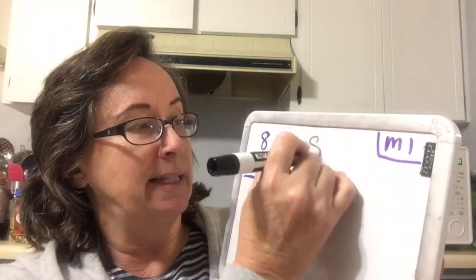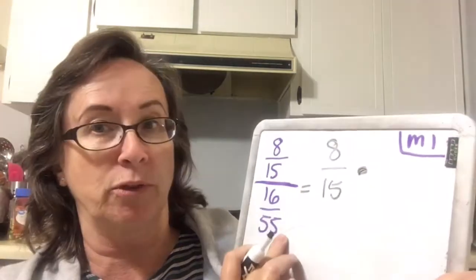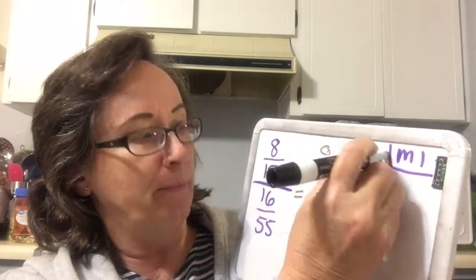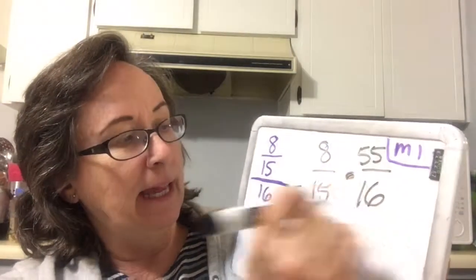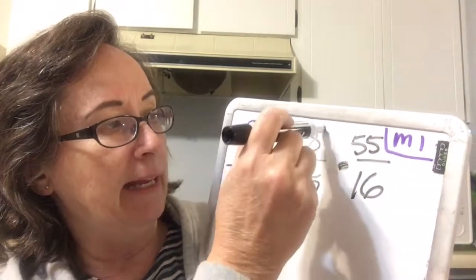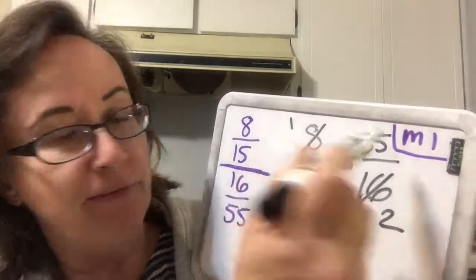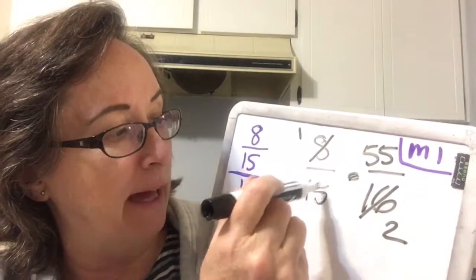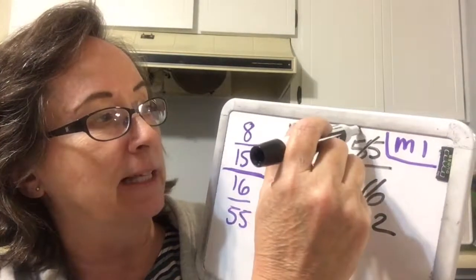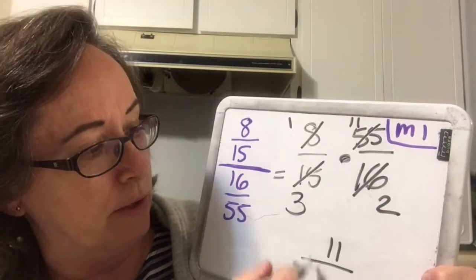So we will say that this is 8 over 15 times, and then we're going to get the reciprocal of this one, which is 55 over 16, and then we will look for ways to cancel. 8 and 16 will cancel with a 1 and a 2, and 15 and 55 both divide by 5. 15 divided by 5 is 3, 55 divided by 5 is 11,